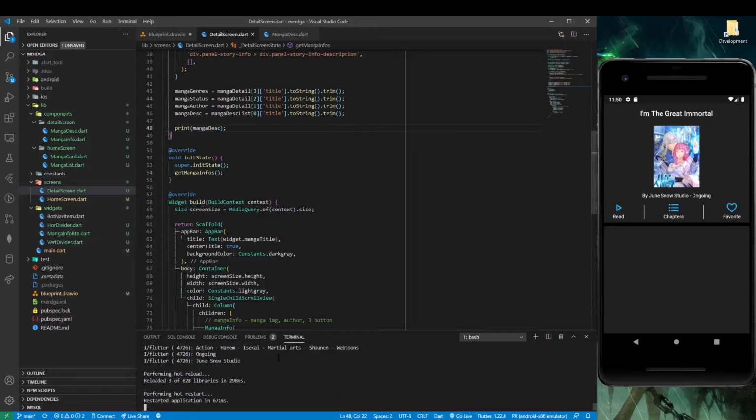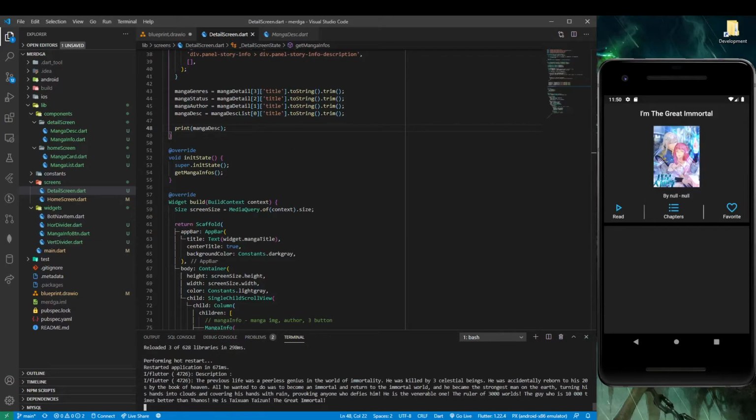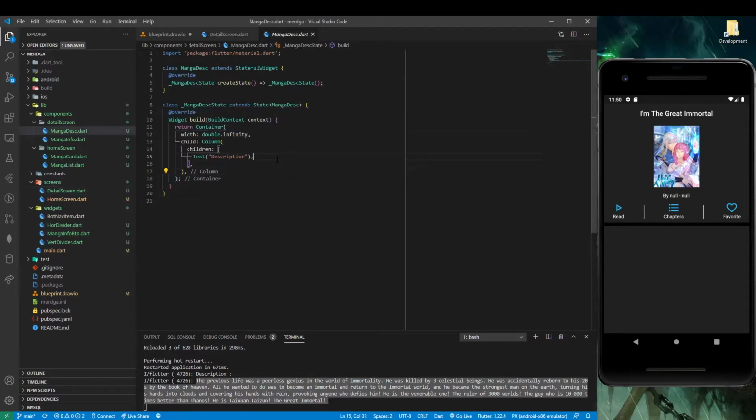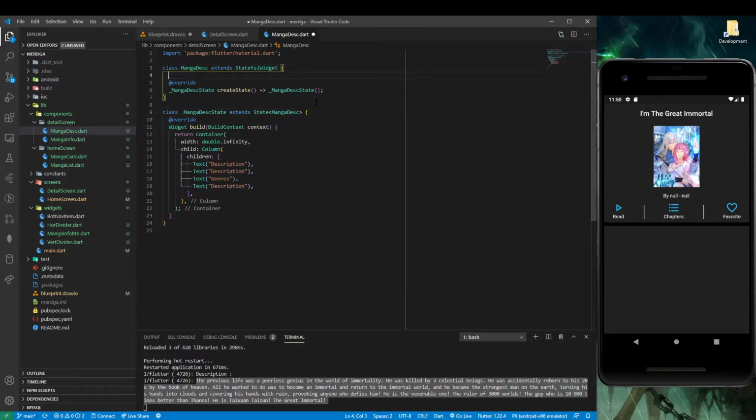Hard reset, just to make sure. Yes, so this is exactly what we need. Okay, let's continue this. So manga this, we have 3 items. Description, and this will be genres, and we'll get a genres. So why do I need stateful? Oh yeah, I remember now, but let's do this first. So final string manga this and manga genre,